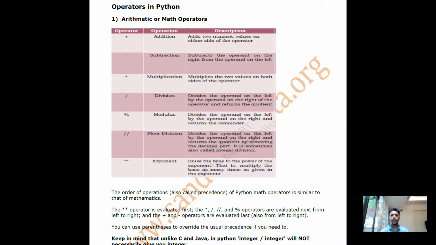Now in Python, there are a total of 7 arithmetic operators, of which 5 are known to you. You know plus, you know minus, you know multiply, you know divide, you know modulus. These are known to you. Now let's talk about two more operators, and that is floor division and the exponent operator. To understand floor division and the exponent operator,